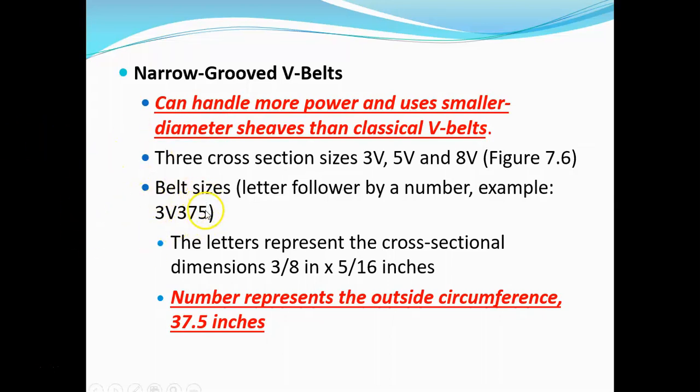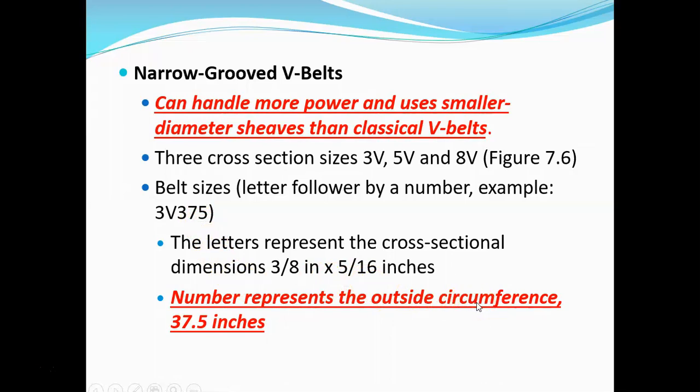Trying to find the mouse again to show right there. So this belt size is going to be 37.5 inches. So your 3V is your cross section size, which is industry standard. We're not going to have that on the test, but I want to know what the length of the belt is on the test. So this is a 37.5 inch belt, and these are outside circumference,